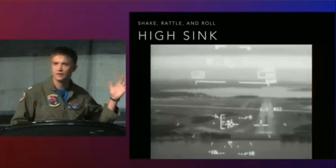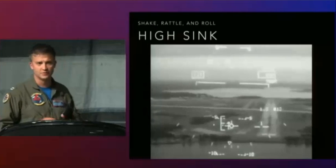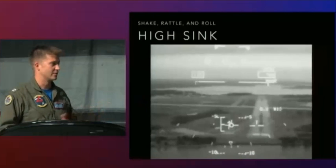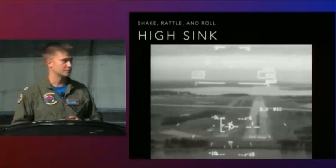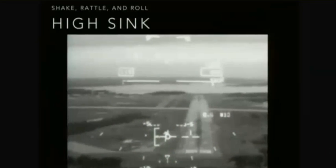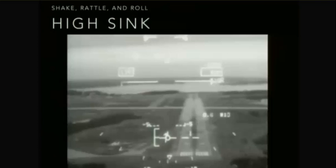Has anybody ever here had a big high fly-through down at the ramp? Traded a high ball for a low ball? No, nobody. Everybody here flies centered balls, I'm sure. In this case, we're trying to simulate that underline fly-through down at the ramp while the deck is coming up